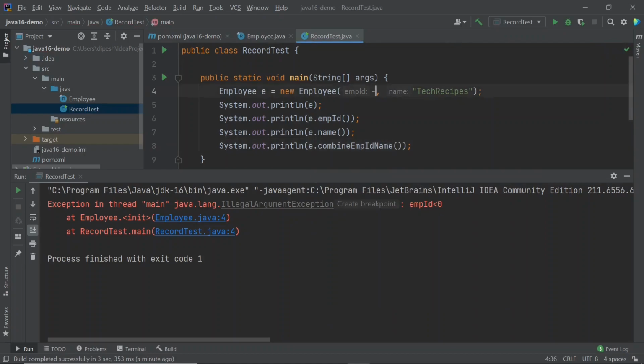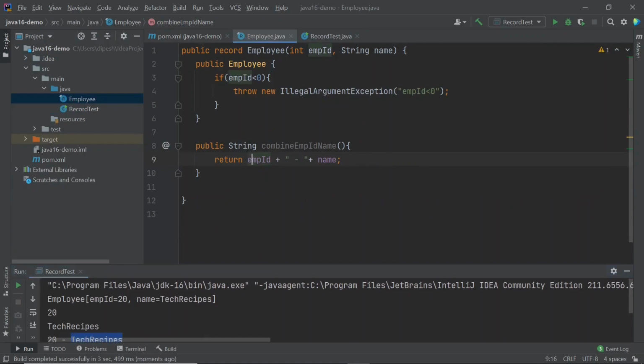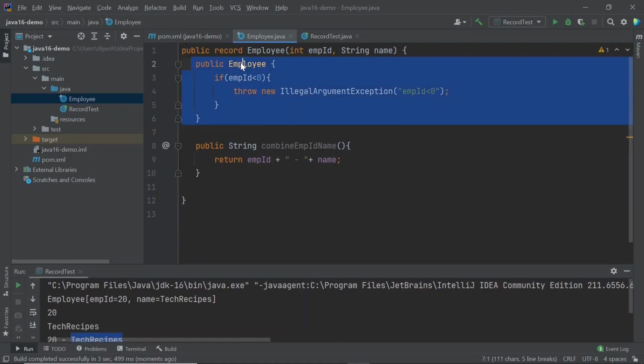I need to add some value. Let's run it, and you can see the combinedEmpIDName method returns the output. So what we saw here is that we can add checks for validation by writing this compact constructor syntax, and we can also add any instance method, but we cannot add any instance variable.